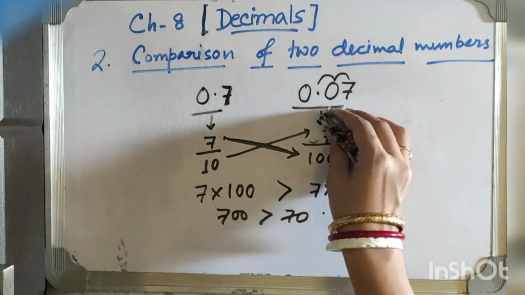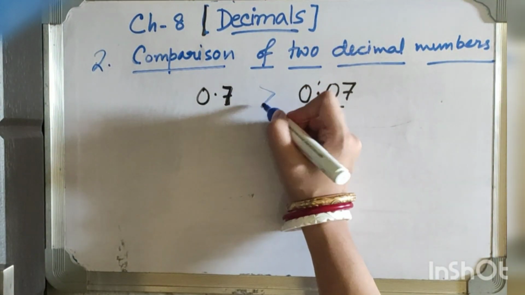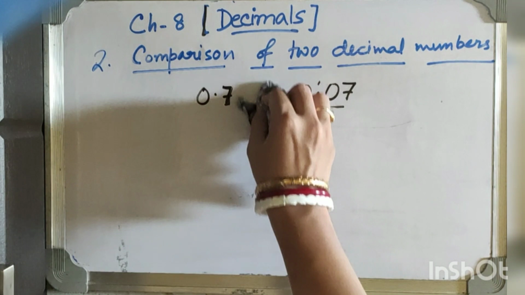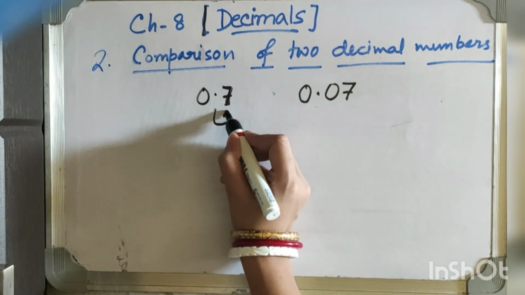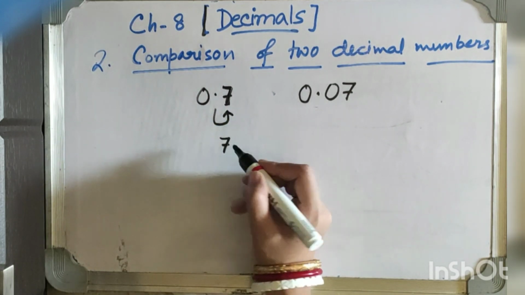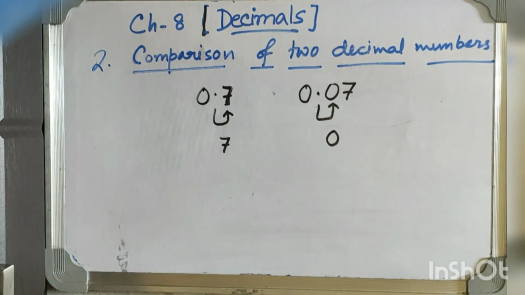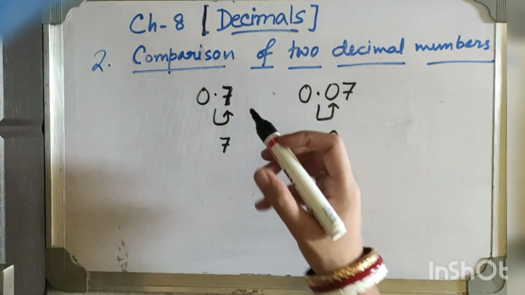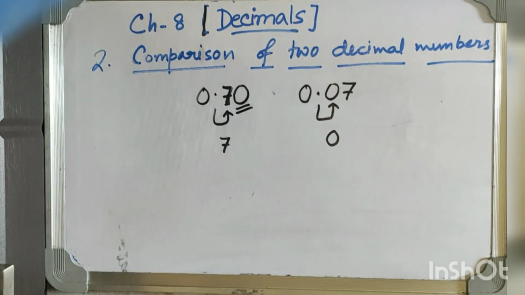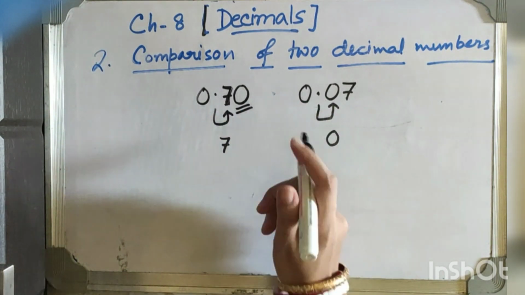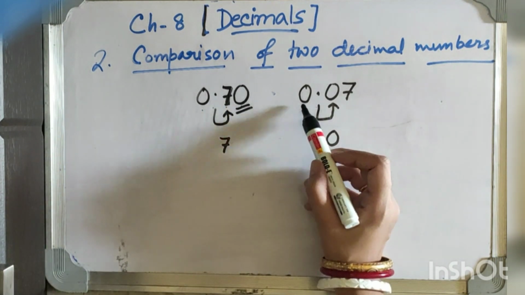And there is another way also. So between these two decimals, which one is the bigger? Definitely this one. And the other way, we can do it also in this way. Here, after the decimal, we are getting the number 7. And here after the decimal, we are getting the number 0. Isn't it? So, if we put 1 0 here, this 0 will not be valid again. So, for making it similar to this one, I have put 1 0 here. Here we are getting the decimal 0.70 and here we are getting 0.07.